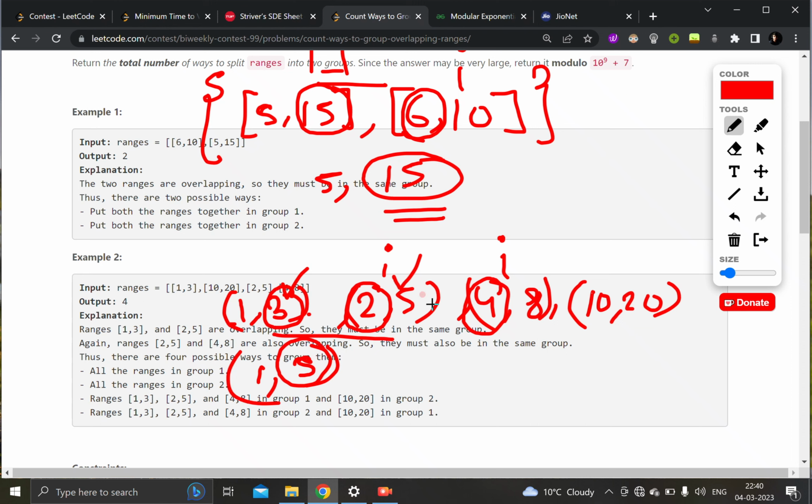And what is the previous pair? Now here the effective pair is 1 comma 5. So the previous pair will be 1 comma 5, and we check whether the current start is smaller than the ending of 1 comma 5. Yes, it is smaller than the ending of 1 comma 5, which means there is an overlap, and the effective pair will become